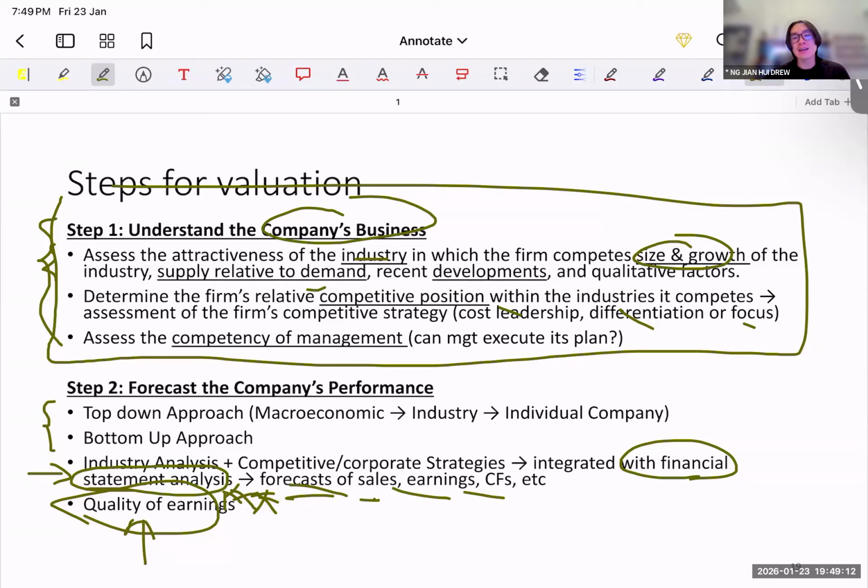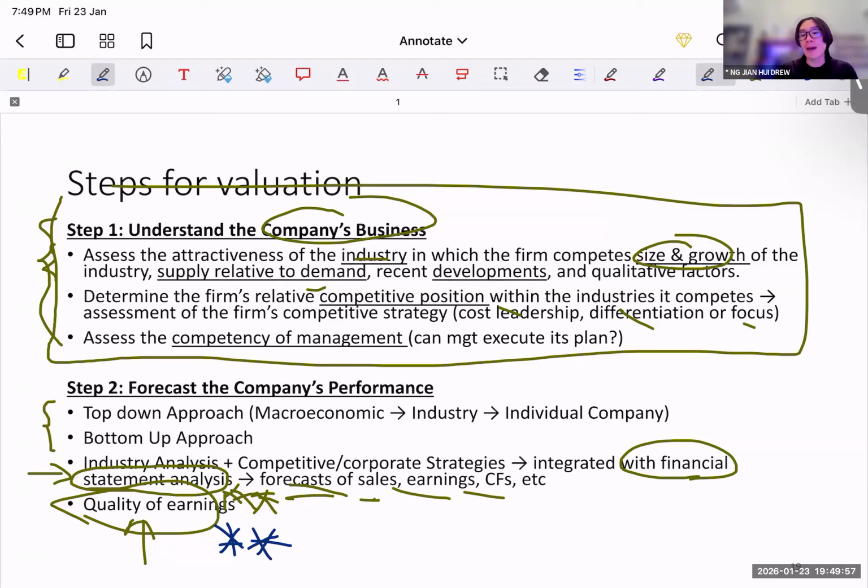And in a typical sense, if you are doing the valuation of this company, what you do is remove this FX, let's say the FX gain, from their income statement and say, hey, actually we should remove it to reflect the more sustainable income that they are generating for, let's say, FY24 or FY25, depending on which financial year you are assessing, right? So quality of earnings is an important concept, I'll put another star here, important concept to tackle in your valuation. And typically you do this in your financial statement analysis.